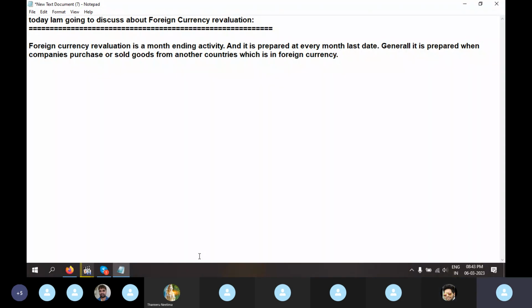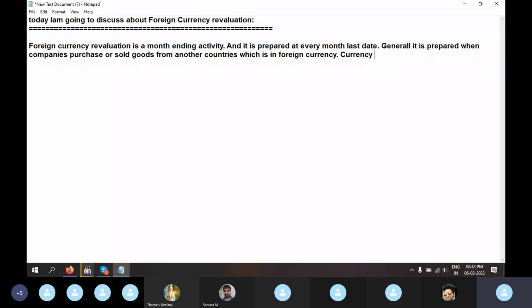So it is prepared when companies purchase or sell goods from other countries. When we post an entry in SAP, we enter it in foreign currency. So that's why we need to prepare foreign currency revaluation every month, because currency